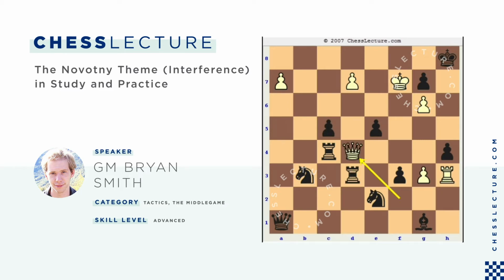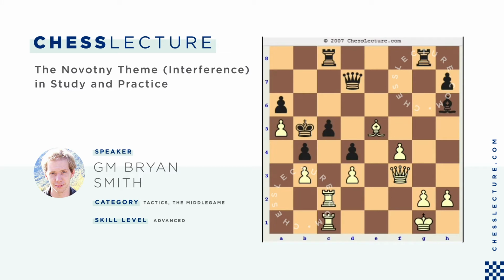Okay, the next 3 positions are from real games. So this is the well-known example, Tarrasch versus 3 amateurs, which you may have seen before. It's been shown in various sources. Here,